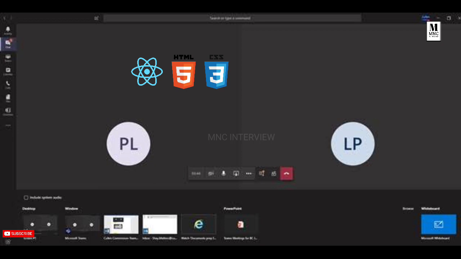Yeah, that's right. Now, can you tell me some limitations of React? What do you think React is missing, or what are its limitations? So